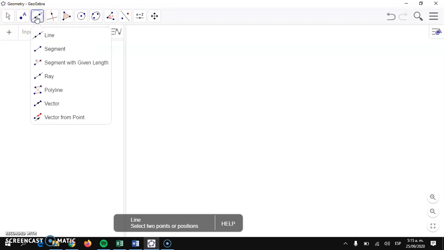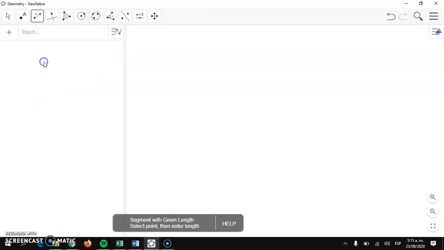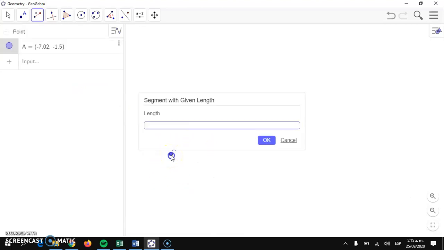Next thing that we're going to do is to hit the third button, that is 1, 2, 3. This is this one, and I'm going to have a lot of options: line, segment with given length, and so on. We're going to hit this one, and I'm going to click over the blank page in here. Once I do that,